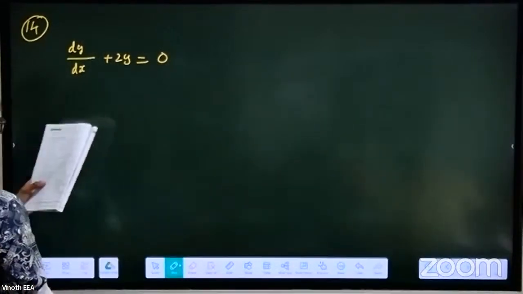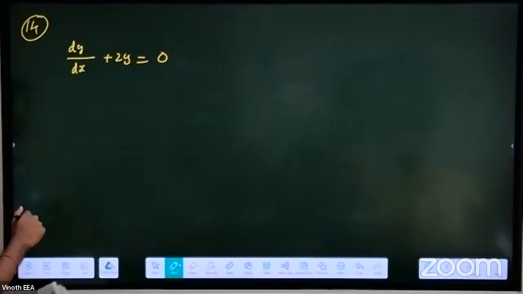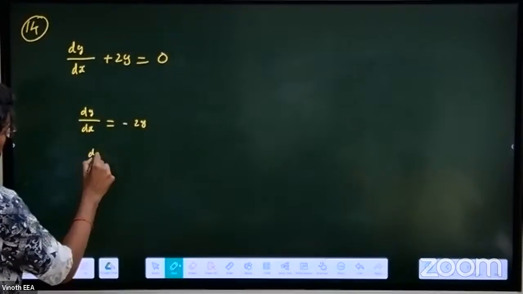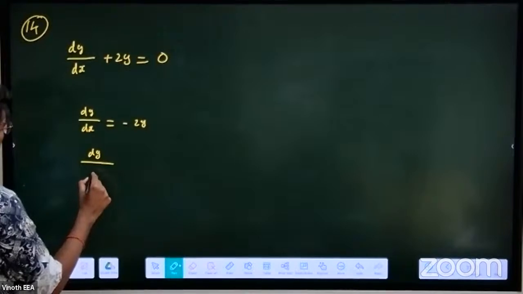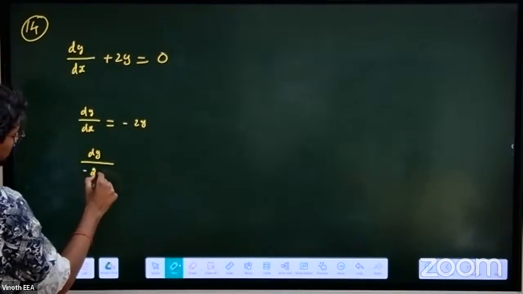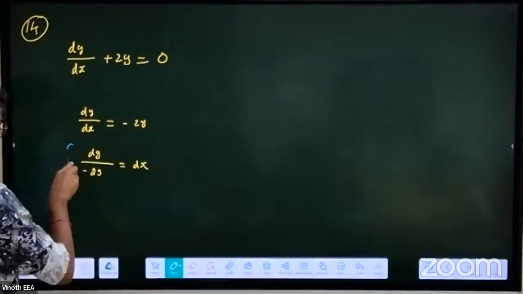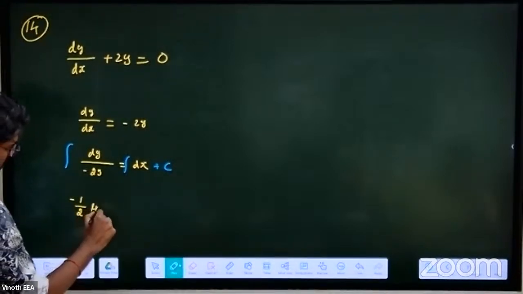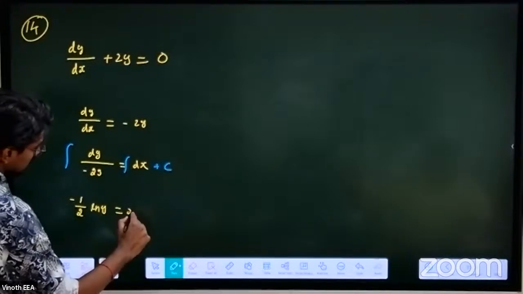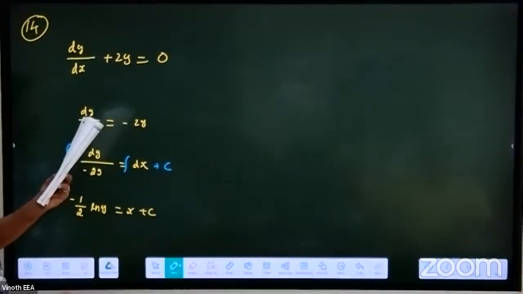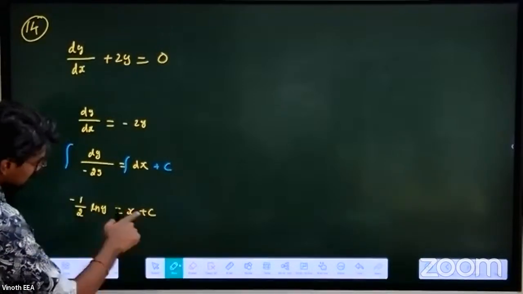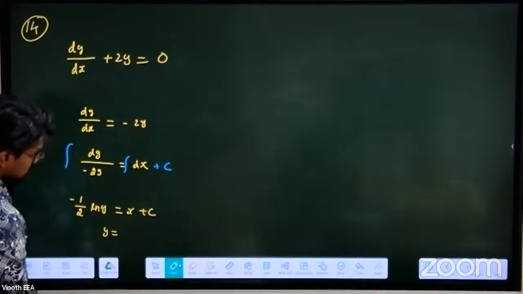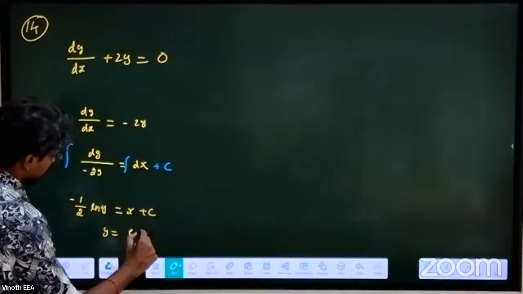Okay. Which method? Variable separable. We can go with variable separable, right? dy by dx equal to minus 2y. So dy by y, maybe I will take that 2 also here. So dy by minus 2y is equal to dx. Integrate it, add a constant. So this is going to be minus 1 by 2 into ln of y, which is equal to x plus c. I want the y equation, so I can take this to that side, and apply exponential on both sides. So y will become e to the power of minus,